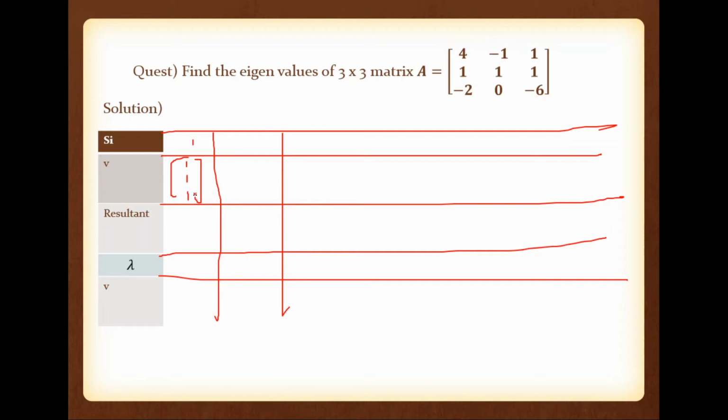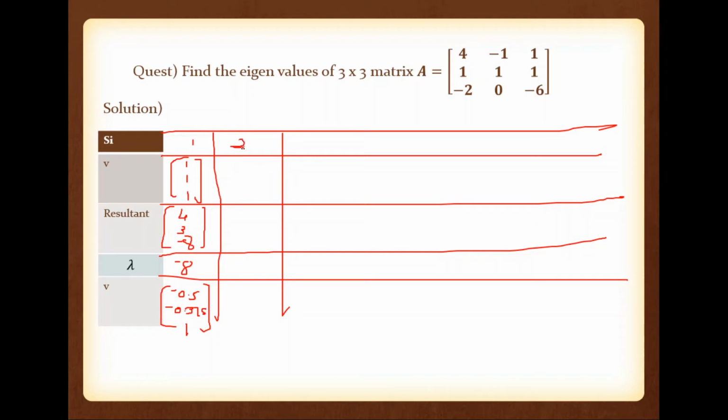Now what is the resultant vector that we got? A times this V equals 4, 3, minus 8. So we are taking minus 8 outside because it is the largest element. What is remaining? Minus 0.5, minus 0.375 and 1. So this one is the normalized vector. This step we discussed in the last slide.